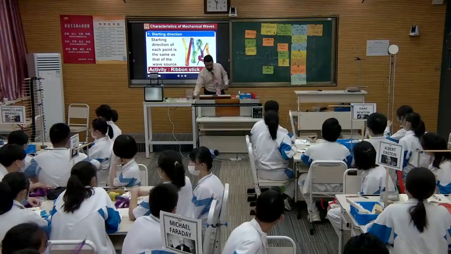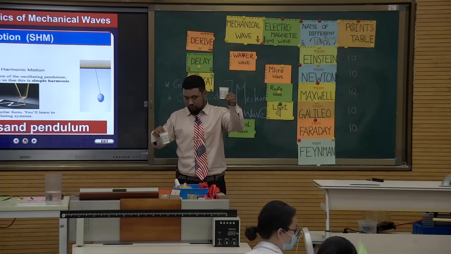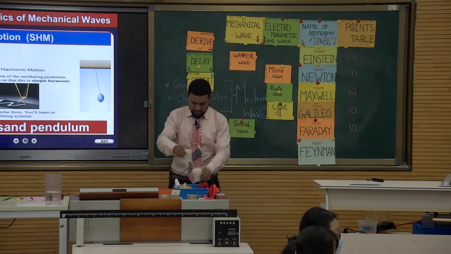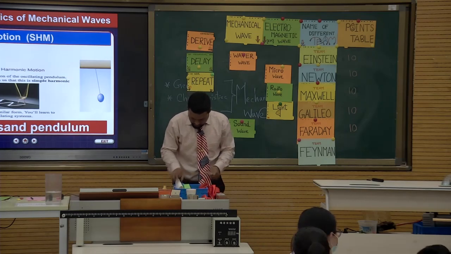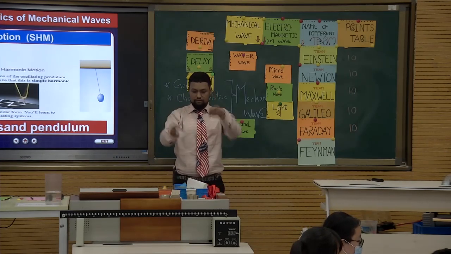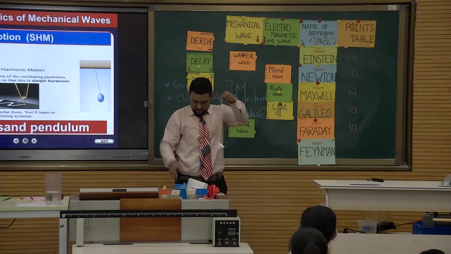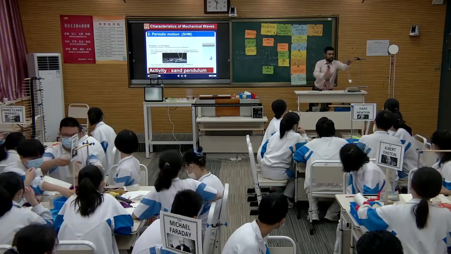This is number one. Number two is the periodic motion for the SHM. I have given you some sand. Can you see that? Just please find it out. Sand. Over there is some sand. Can you see the sand? Okay. And also I have given you a small cup like this. Can you see that? Like the small cup, like this. So I'm just demonstrating what you need to do. And also you are having a clamp like this, right?